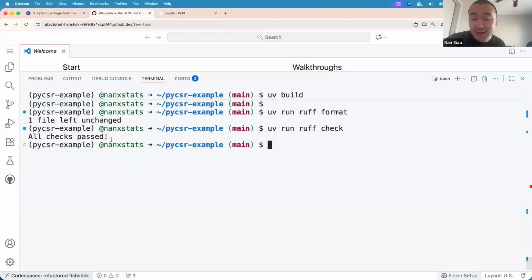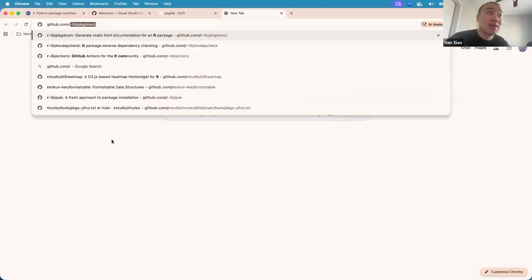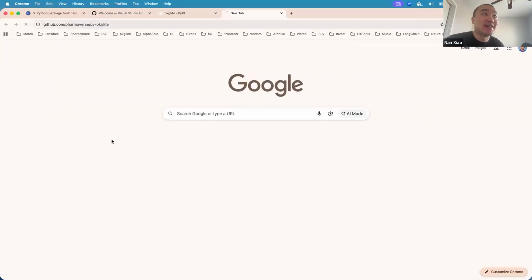UV also has this official documentation recommendation on a very popular set of configurations you can use for your package, right?